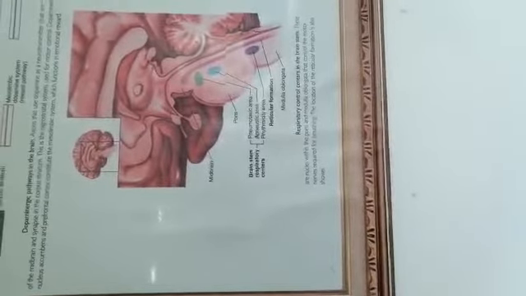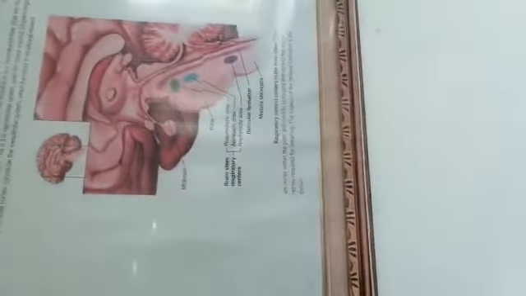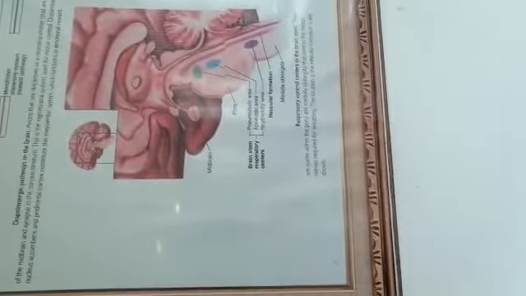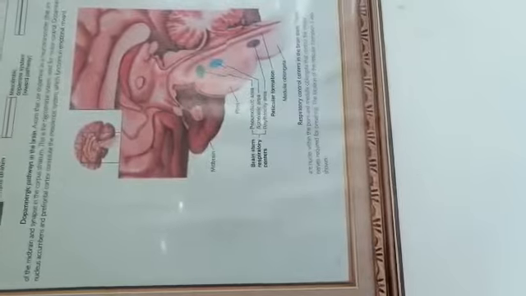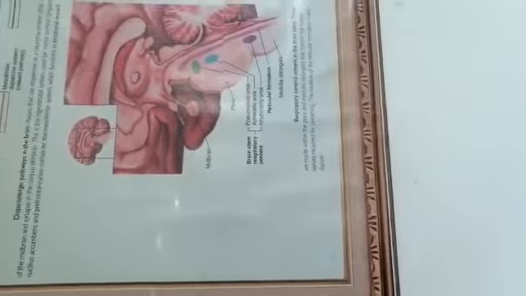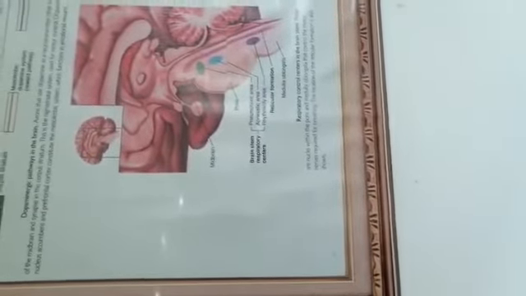Intention tremors means when a person tries to perform a certain activity, the tremors appear. Otherwise, at rest, the tremors are not present. This is quite opposite to the tremors of Parkinsonism, which are resting tremors, that is the tremors which are present all the time. Whereas in cerebellar lesions, tremors are only manifested when a person tries to attempt a certain task or activity. Only then tremors appear. That's why they are known as intention tremors. They are the hallmark of the cerebellar lesion.